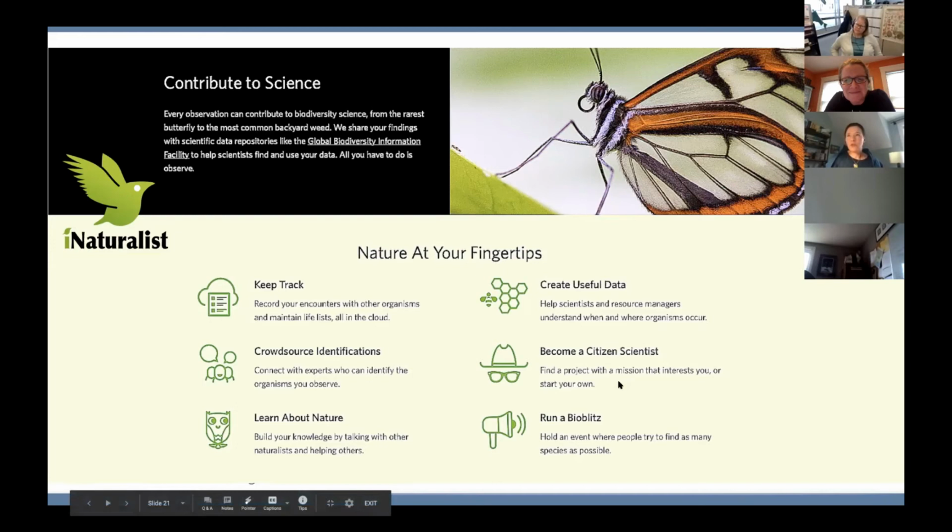We talked about creating useful data. We're going to talk a little more about that in a second, which is that you help, again, your local managers and scientists to know what's there, right? And the thing that is really cool is that it is a very soft introduction for the public to what citizen science is, right? It's kind of an easy thing. You start,